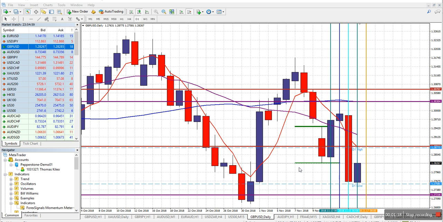All right. So as you can see, I have my MT4 here, and I have GBP USD, and I want to check what happened in the past few days, and everything that we can learn out of it, so that we can see the future direction of the market. So guys, as you can see here, I have GBP USD, and I've made some marks on this